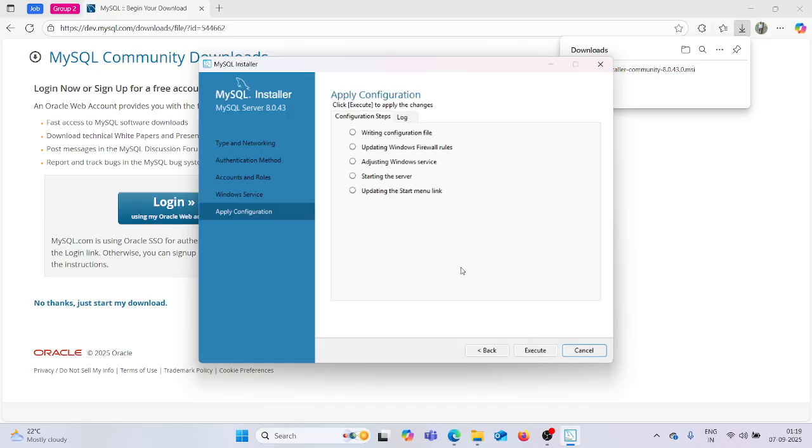Then apply configuration, just execute. It will automatically check the list and take towards the execution. Write configuration file, updating Windows firewall rules, adjusting Windows service, starting the server, updating the start menu link.